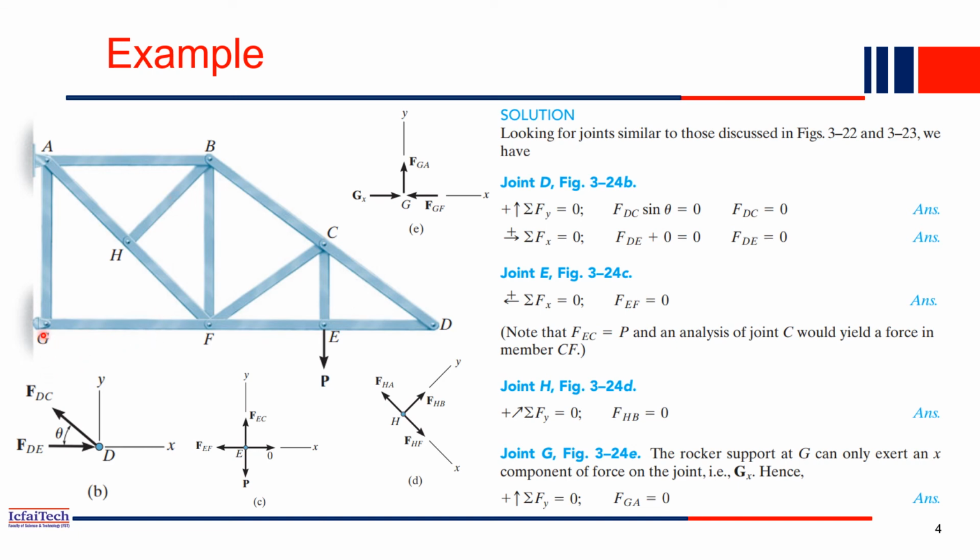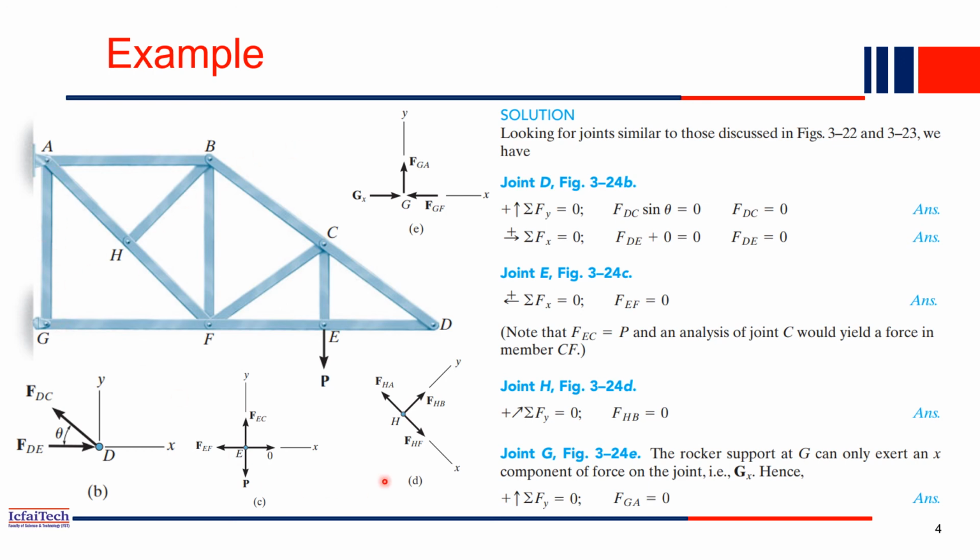Now if you see joint G, there are only two members, one vertical and another this one. This support is a hinge support, whereas this support is a roller support. A roller support means it only has one reaction, the horizontal reaction. There is no vertical reaction in this support, but one vertical member is there. So the single vertical member must be equal to 0. So FGA also must be equal to 0.